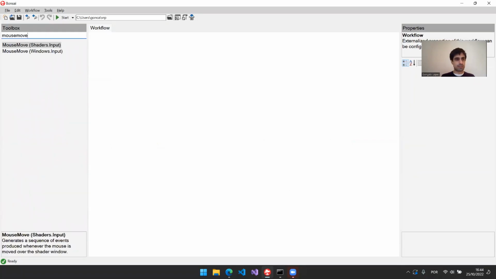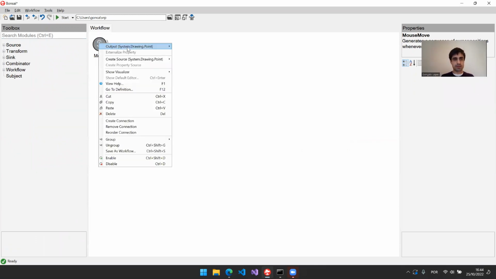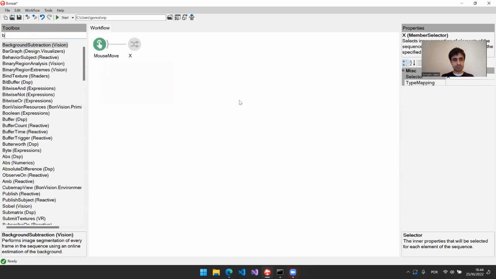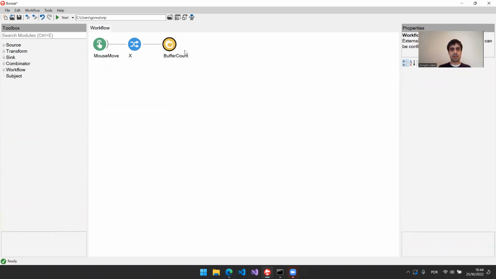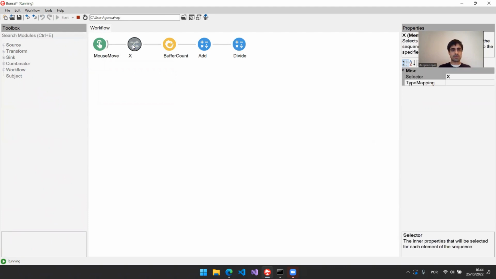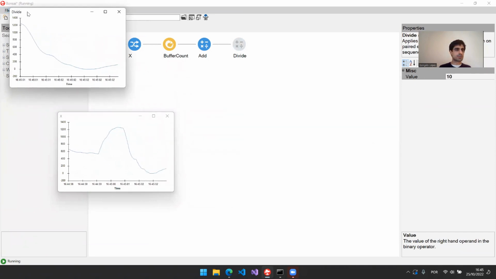So for example, we start with mouse move, take the x dimension, buffer count, say with 10 values, skip 1, we add all the elements, we divide by 10. If we look at the original sequence and the new sequence,